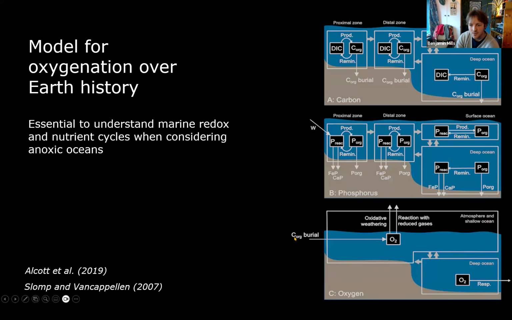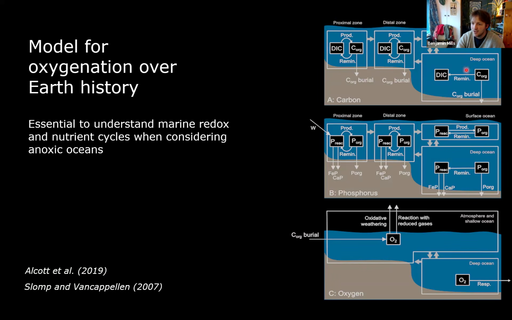So I'm going to start with a model that we published about 4 years ago now, 4 and a little bit years ago. The attempt here is to include the minimum amount of stuff that we need, so the model can run quickly, but also to include enough complexity so that it can do the important things. So here we have a carbon cycle.